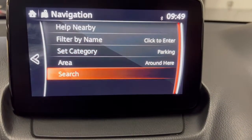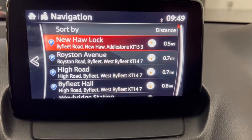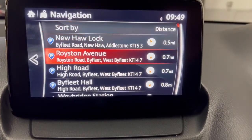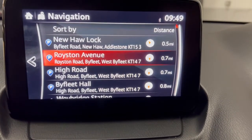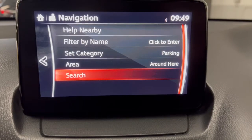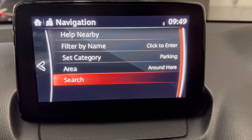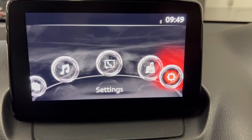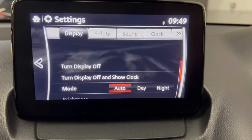Around here, you just press search, and you just execute that where you want to go, and it'll take you to it. So really comprehensive, very, very simple, a really good system. Back to the home screen here, moving off navigation, you've got settings, so you can individualize this car to your